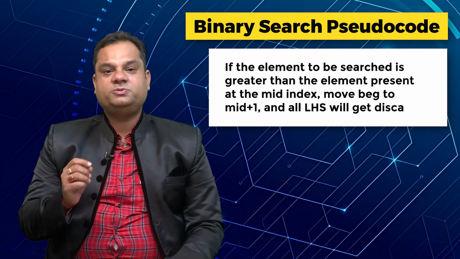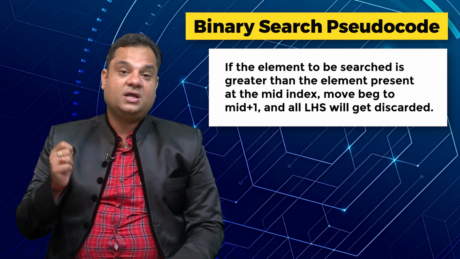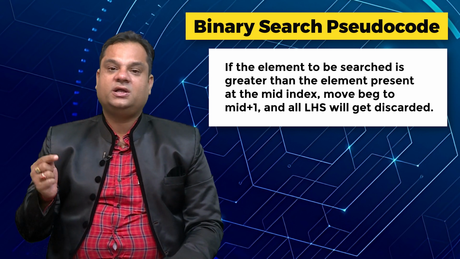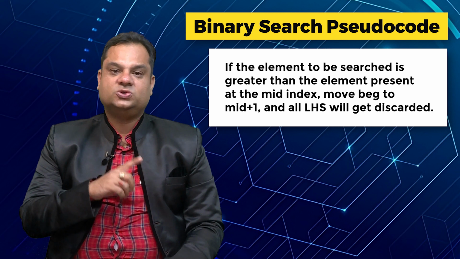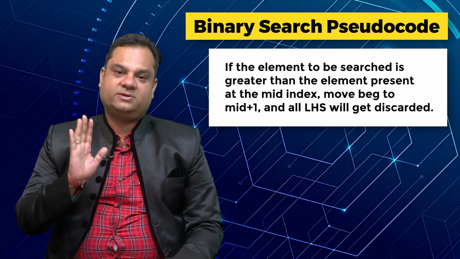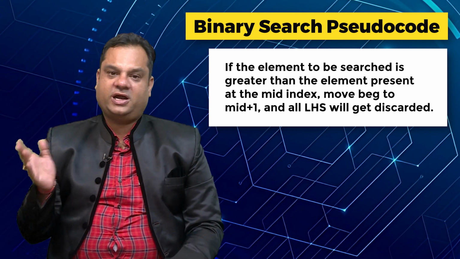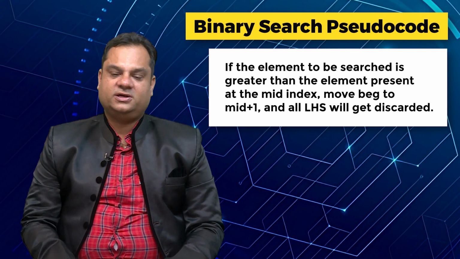So you have to discard that particular sublist of the right hand side. If the element to be searched is greater than the element present at the mid index, move beginning to mid plus 1. Here you discard all the LHS data. So LHS data will be discarded. It means the item definitely should be available on the RHS of the middle position. Item is not available in the LHS of the middle position,